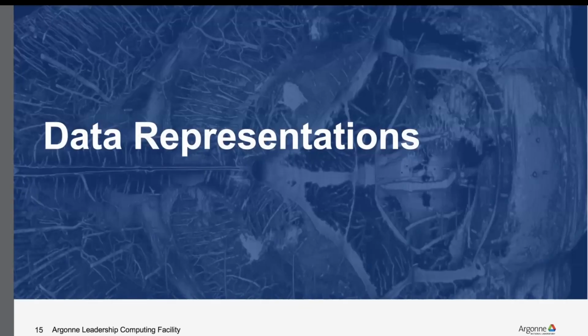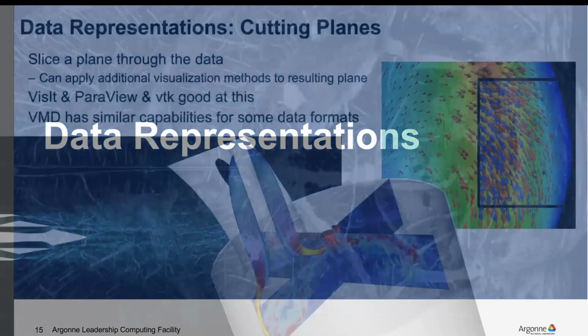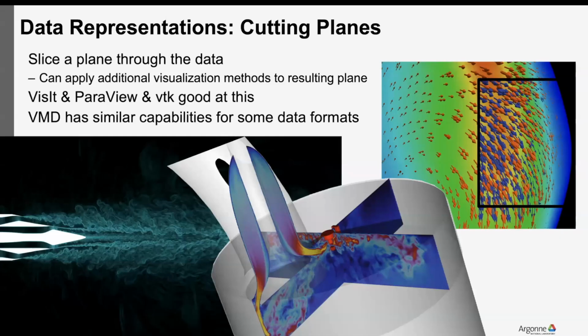So I'll spend a bulk of time here talking about different types of data representations, right? So how do we take the data that we have and put it into some representation that we can look at? One of the most basic ones is just cutting planes, right? And this is basically what it sounds like. It's a plane or a slice that cuts through the data,